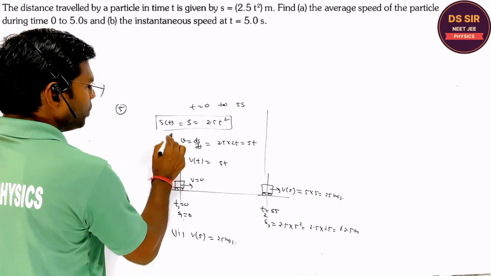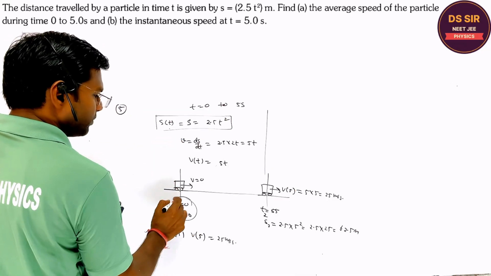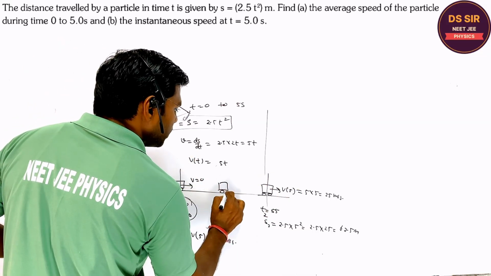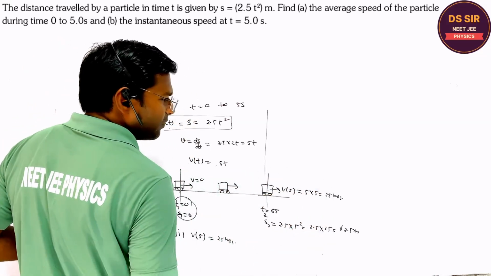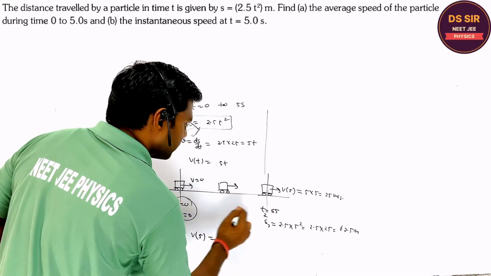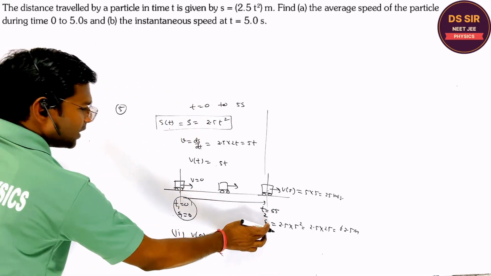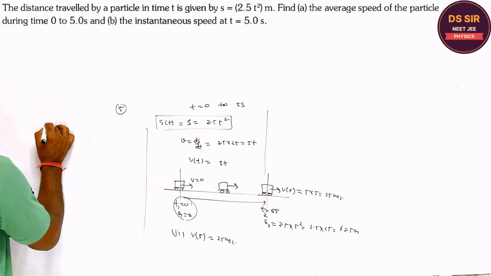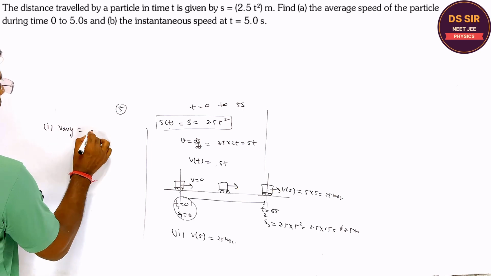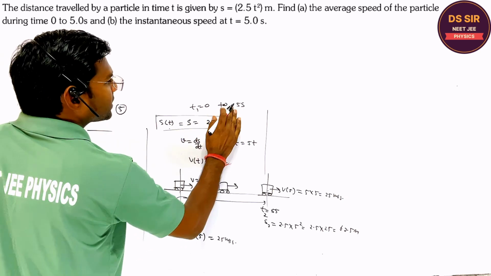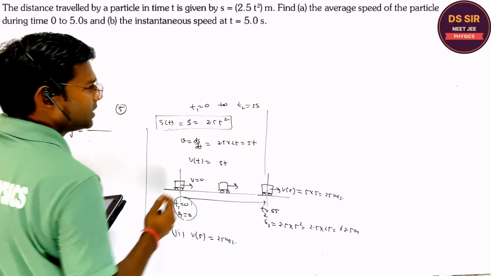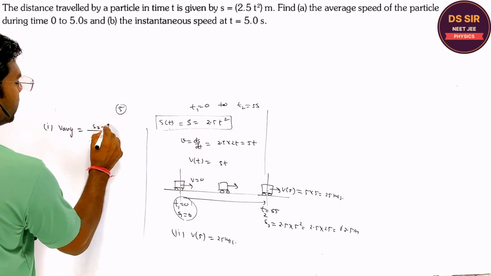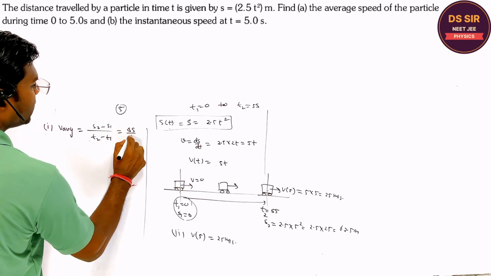At t is equal to 0, the displacement is 0. Here, s is equal to 0. When it is moving, the velocity is increasing continuously. At 5 seconds the velocity becomes 25, but the displacement, in this case, S2 minus S1 is the displacement. This is the instantaneous velocity; for the average velocity, average velocity is always asked between two time intervals. Is it clear or not? So what is the time interval? Say t2 minus t1, s2 minus s1, or you can assume it delta s upon delta t.